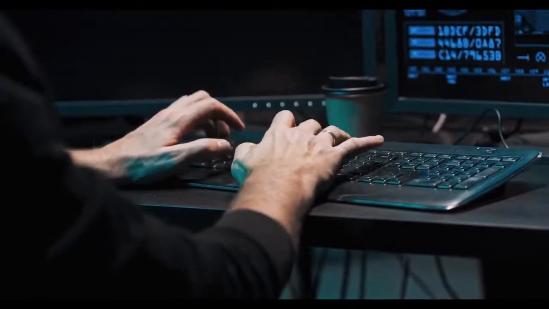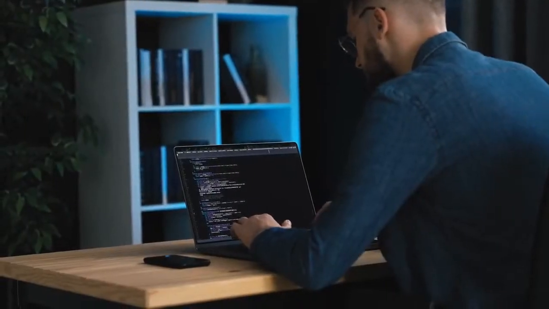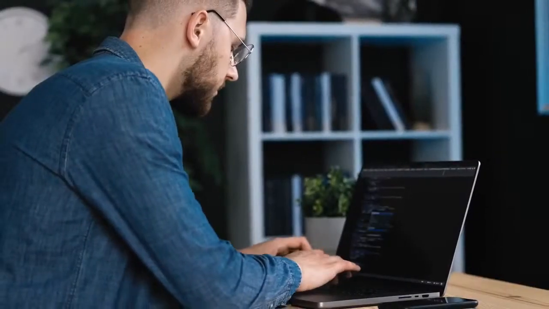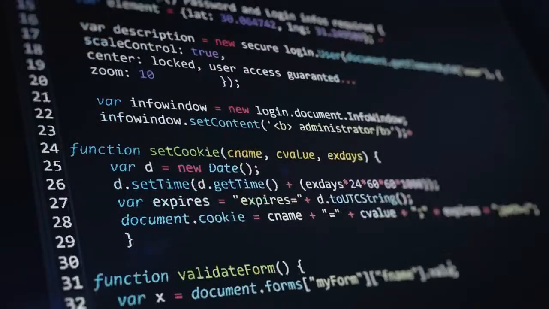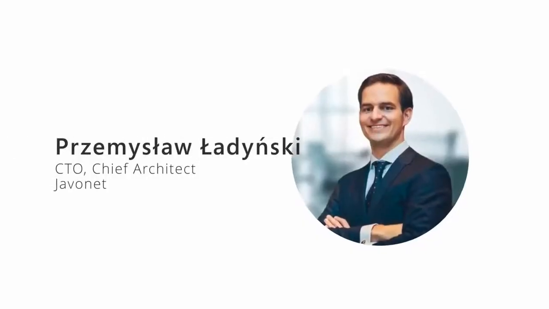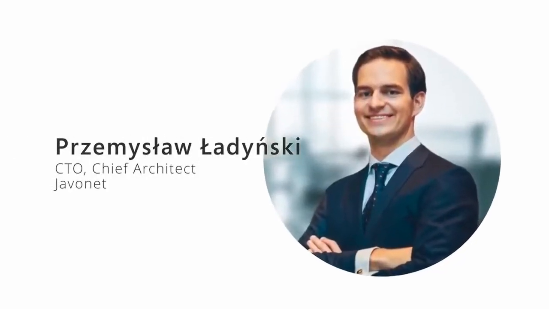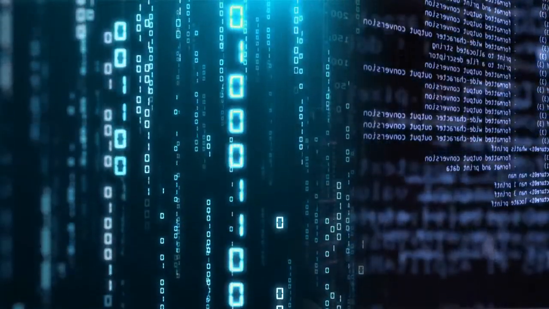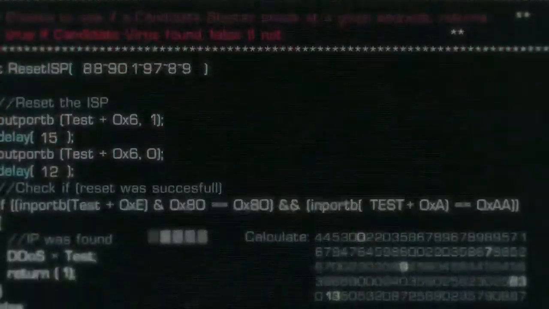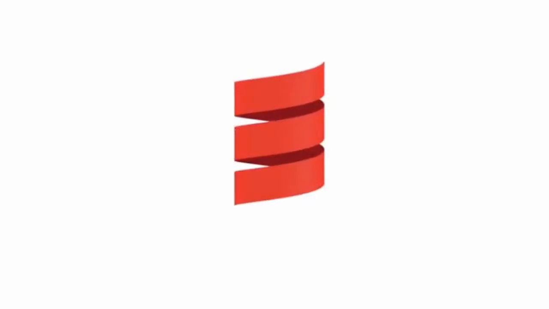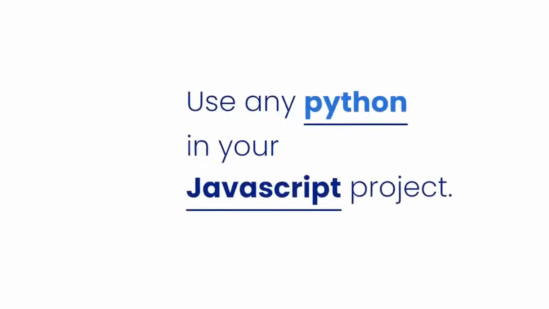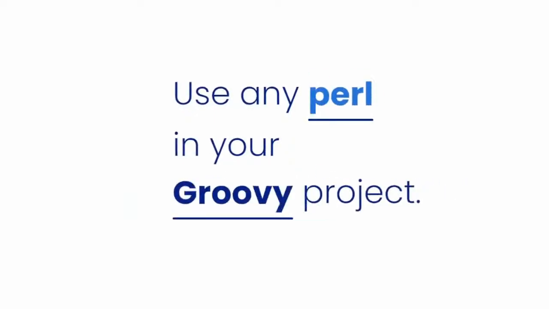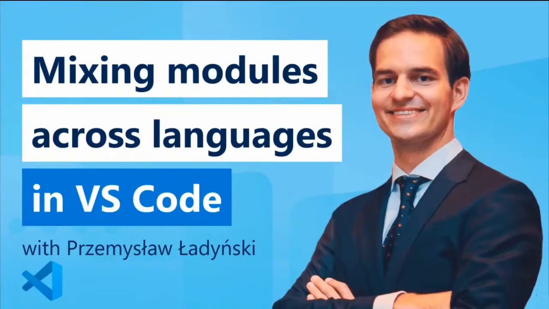In software engineering, we solve problems, and it's always interesting to learn about the journey entrepreneurs take to create companies that build software that facilitates problem solving. One such entrepreneur is Przemysław Ładyński, who's the co-creator of Javonet. The problem? Making systems of different languages and stacks communicate natively with each other. And there are a lot of programming languages out there. How can this be done without traditional approaches like web services or such APIs? Watch as he demonstrates using this in VS Code.